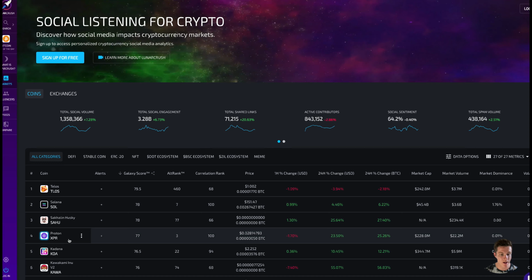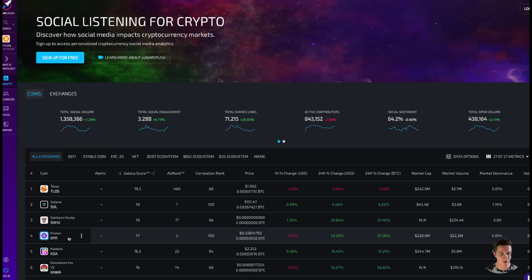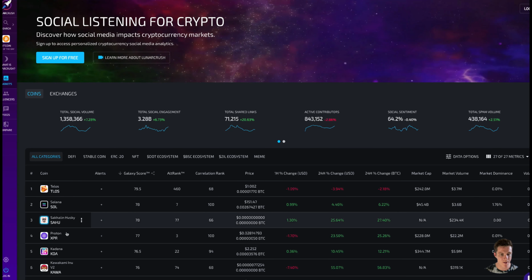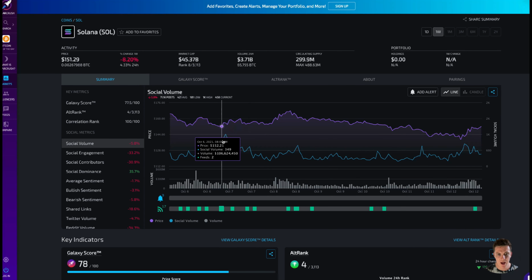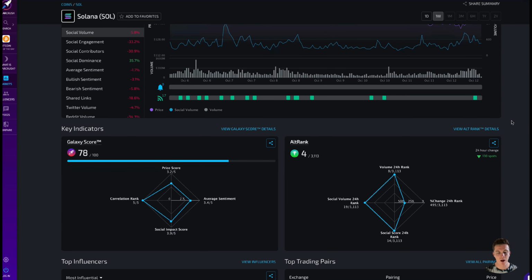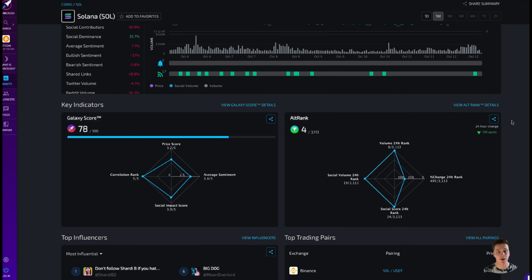So let's just say, for example, on Solana, this thing's gnarly to read, right? So we can see the social volume. Let me highlight this to make it easier to follow along. Social volume, social engagement, all this kind of stuff. So this is super neat too. They do have a partnership with Lunar Crush. So there's going to be a lot of unique aspects built in to the premium memberships and a lot more to offer as they keep rolling out this platform.